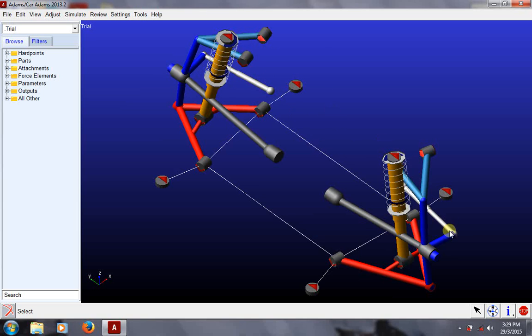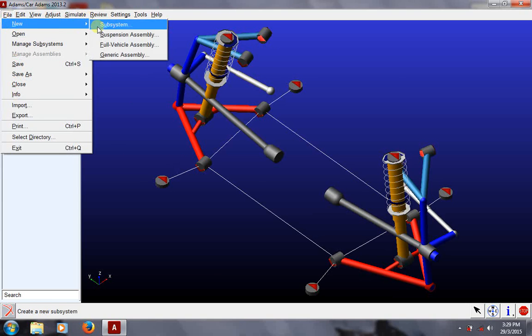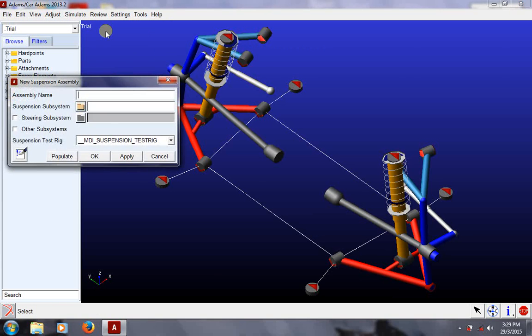So what we need to do is create an assembly of the suspension. The assembly being, go to new and go to suspension assembly. This assembly would actually give my suspension system wheels to provide tow, camber and such, and also testing rig which we need to simulate. So go to assembly name and let's write trial assembly. For suspension system,